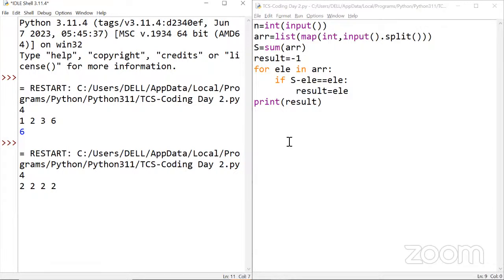Here we don't have any element where the sum matches the given value, so it is going to return -1.